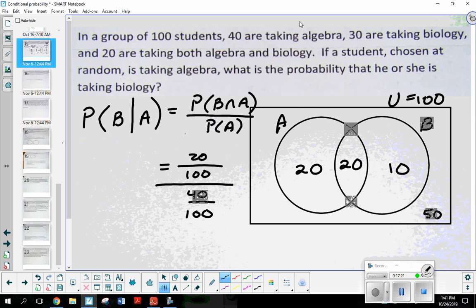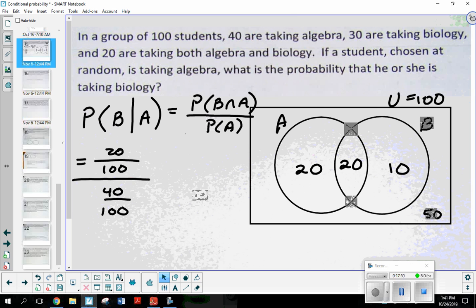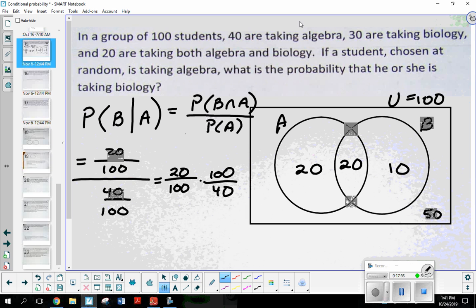What do you do when you divide by a fraction? You multiply by the reciprocal. So let me move this over here so I have a little more room. Okay, so this is going to equal 20 100ths times 100 40ths. Okay, so those 100s are out. So 20 40ths is 1/2. So there's a 1 in 2 or 50% probability that a student chosen at random is taking biology who